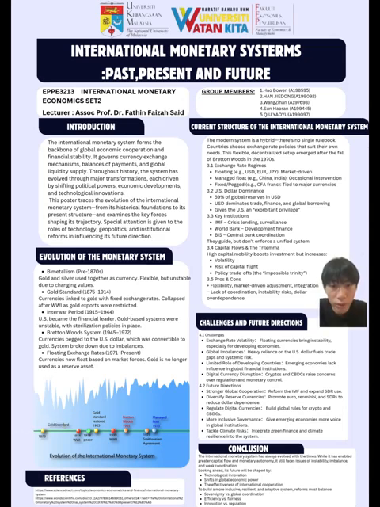I will introduce the current international monetary system. After the collapse of the Bretton Woods system in the 1970s, we entered a hybrid system. There is no single global rule. Each country chooses its own exchange rate policy. There are three main types. First, freely floating, like the US dollar or euro, set by market forces. Second, managed floating, like China and India, where governments intervene. Third, fixed or pegged rates, common in smaller economies. According to the IMF, over 50% of countries use managed regimes.